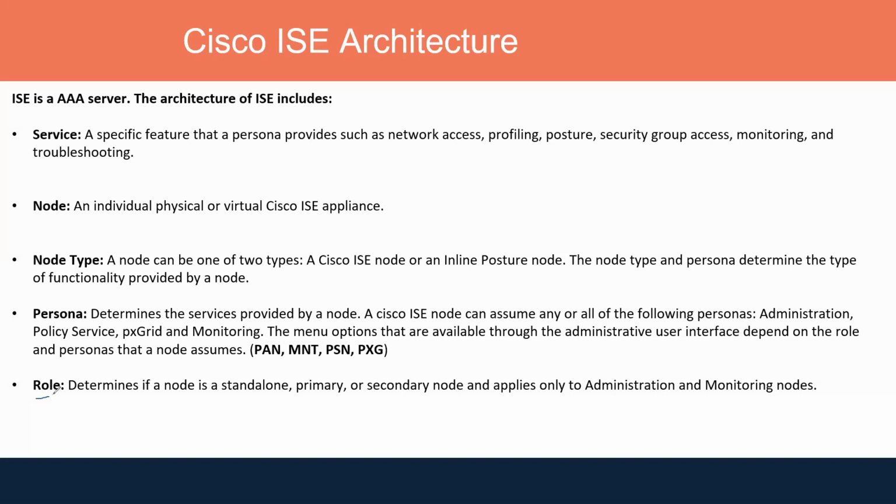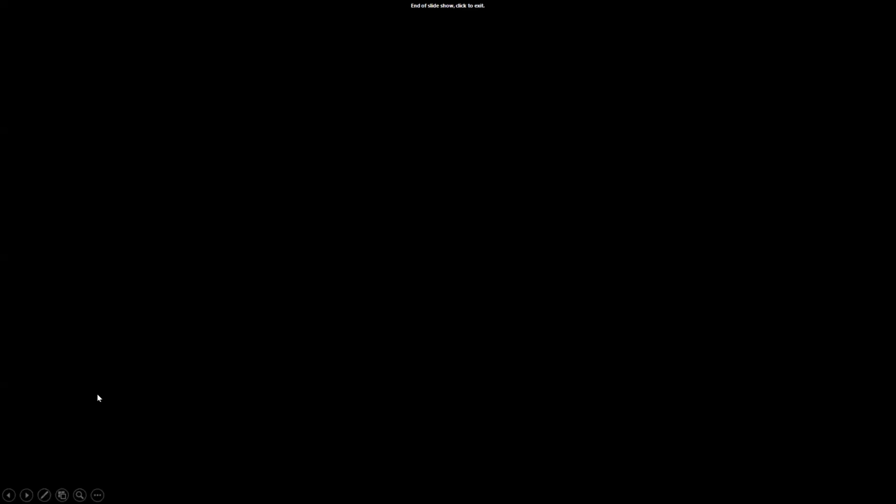What is the role? Role is going to determine if a node is standalone or it is primary or it is secondary, and applies only to the administration or monitoring node. So basically for the administration and monitoring node, you can define whether this would be standalone, whether this would be secondary. All these steps you can do. So what is the role basically? So on ISE,